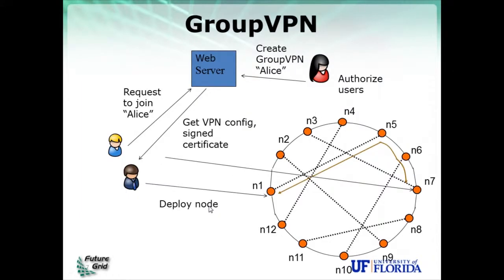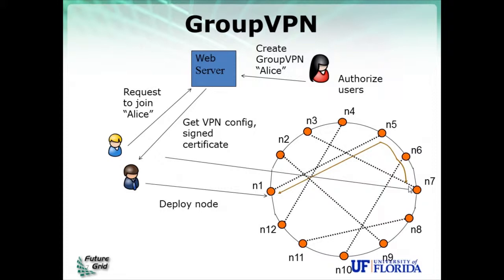So how it works is you have, through the web server, a user, which is the equivalent now of a certificate authority. Alice, in this example, creates a new group VPN. Users request to join this Alice group VPN, and Alice will have to authorize them in order for them to become members of this group. Once they are members of this group, they are able to download from the website the configuration for their VPN endpoints. And at that point, they can deploy nodes on the virtual network, and these nodes will be able to communicate with end-to-end encryption and privacy